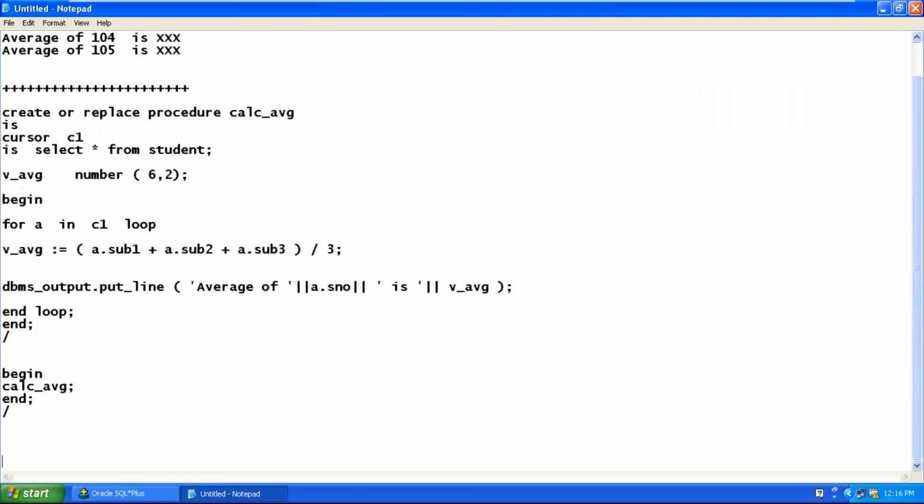Now let's move to the next concept. Functions.